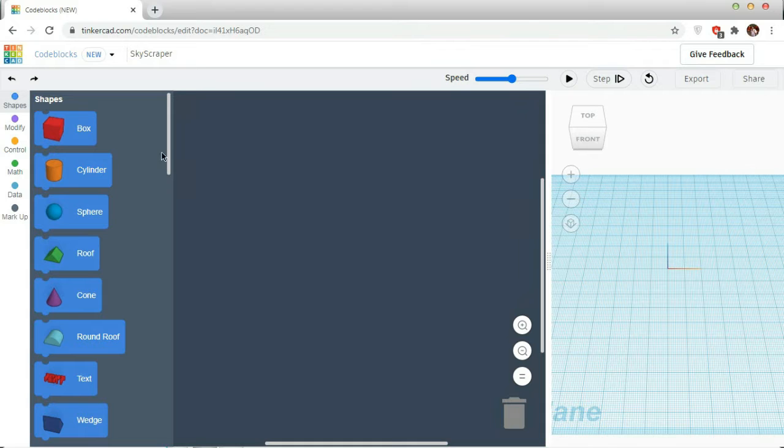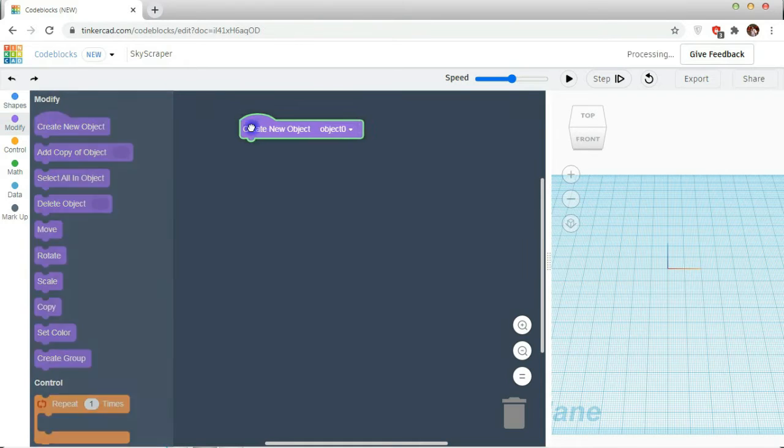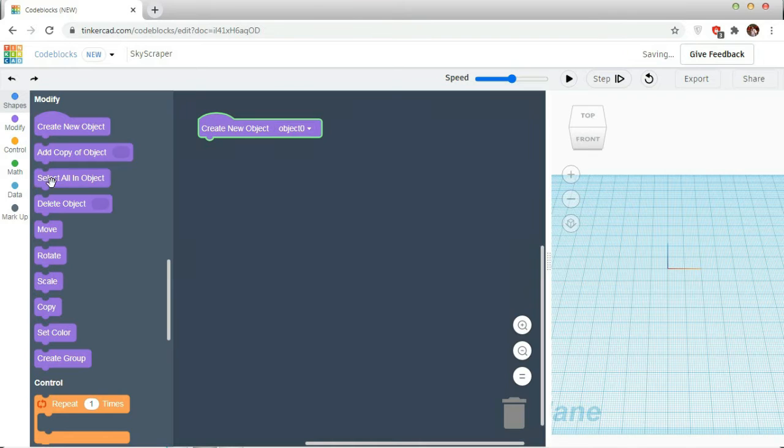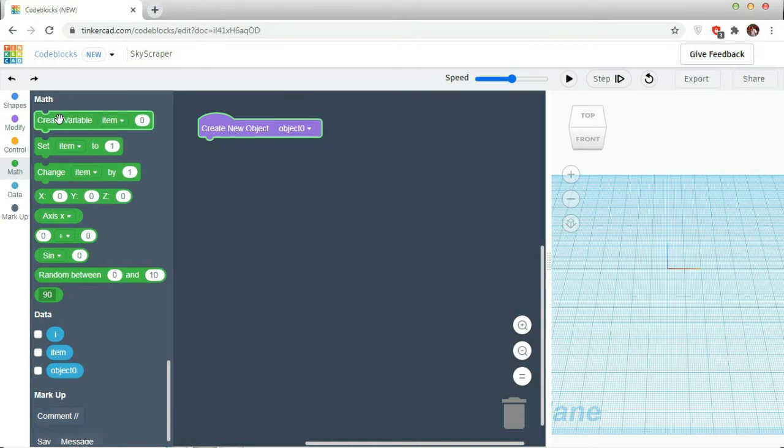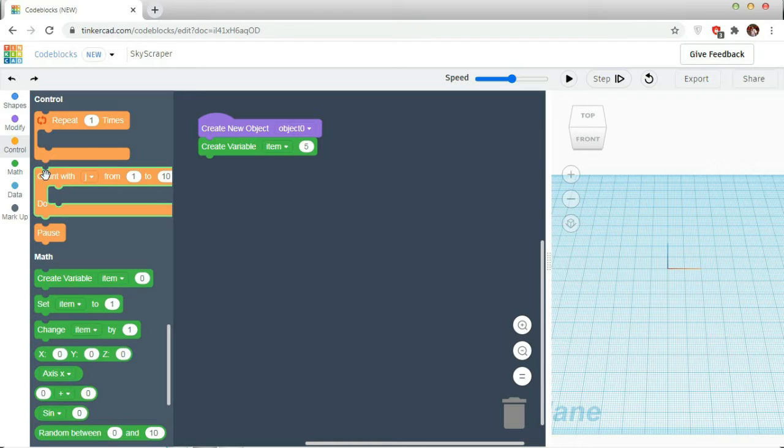Then I'm going to create one object. I need a variable. So the variable name will be item1 and its value will be 5. Okay, now I'm going to controls, taking one